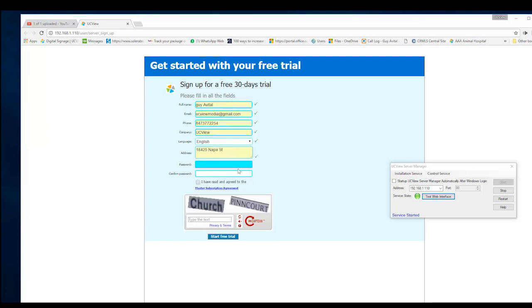Now, username and password is really important, that you remember it, because that's the default password for the master admin on that server. If you forget that password, then you will have an issue logging in later on, and you will probably have to reinstall the entire solution again. So for example, as you see here, the password is matched. Make sure to agree to the terms and services, and this CAPTCHA will give you